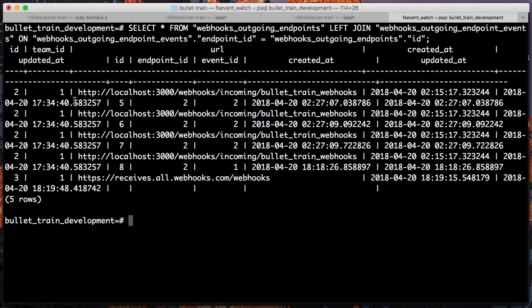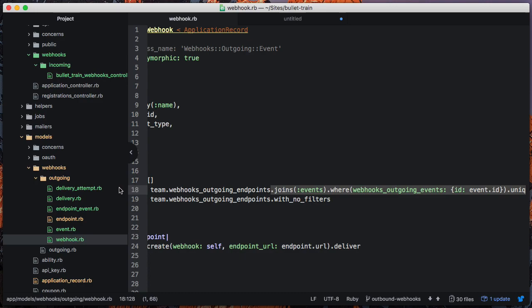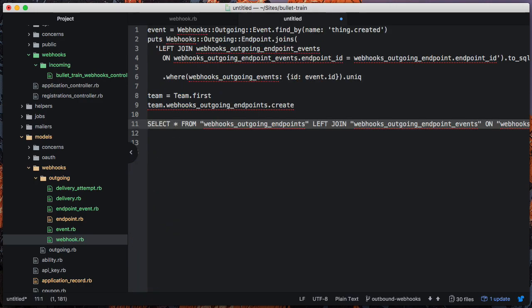So now we can see everything, and we can see the joined record as well. So we see that there is no joined record here. And now the last thing I want to do in order to test this is